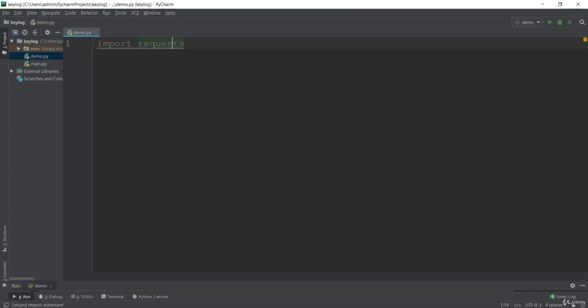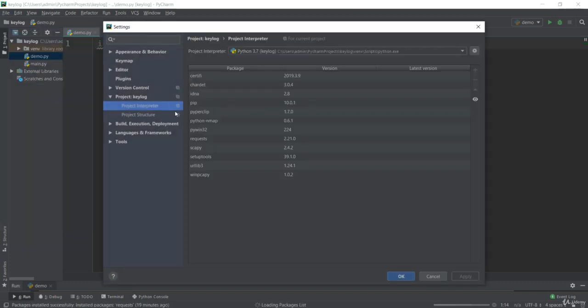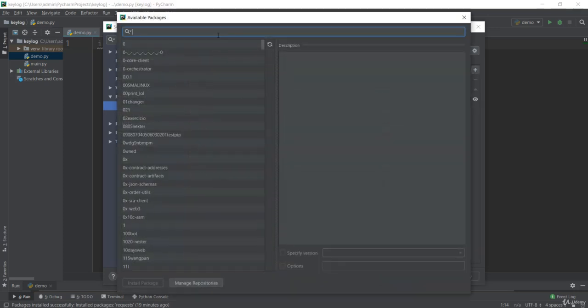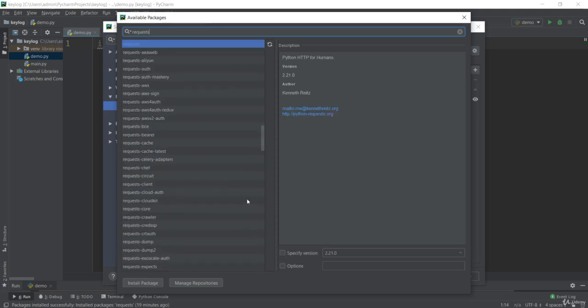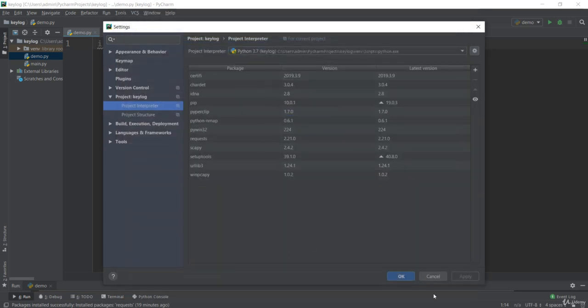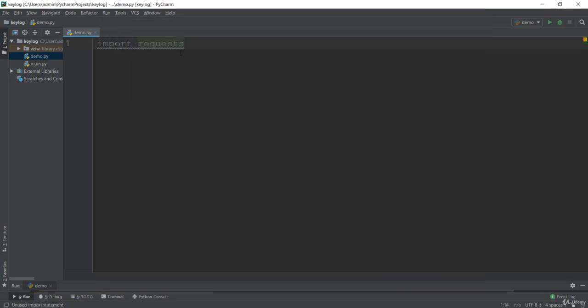If you get any error saying there is no module named requests, you have to install it. Open your settings, go to your interpreter, click the add button over here, and type requests. You'll get this requests package, install it, apply, and press OK, and you'll get requests easily imported into your project.